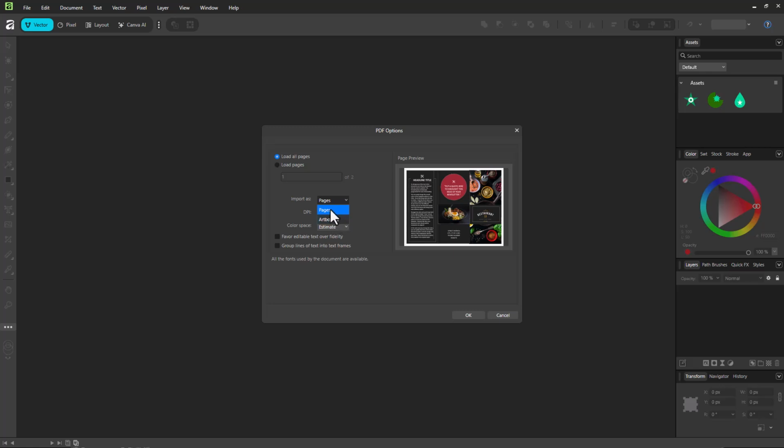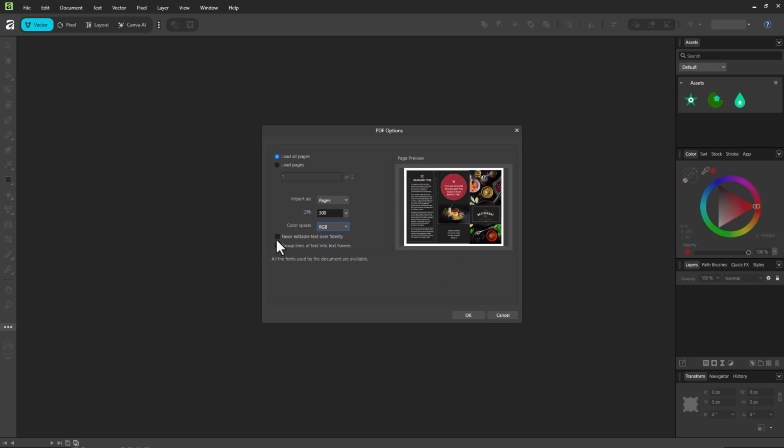So let's say I'm going to just import it as pages, and DPI right here, you can go ahead and set it to what you want. So let's say this is for print. So I'm just going to go ahead and then click on DPI. The color space, you can choose whatever you have. You can estimate, you can go ahead and leave it as it is if you want the software to estimate. But what I'm going to do right here is select RGB because I know it's an RGB